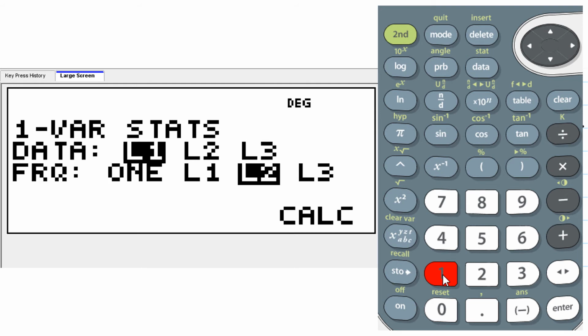Once you do that, the calculator is going to ask you where the data is located. I like to have my data in list 1. You can see L1 is already highlighted, but let's say that I decided for some reason to put it in list 2 or list 3. I can arrow left and right to select which one I want. Once I have the list highlighted that I want to use, I'm going to click enter, and now it's going to ask me where my FRQ or frequencies are. My frequencies are in list 2, so I'm going to hit enter,